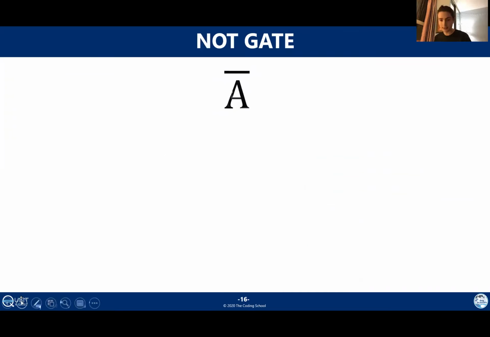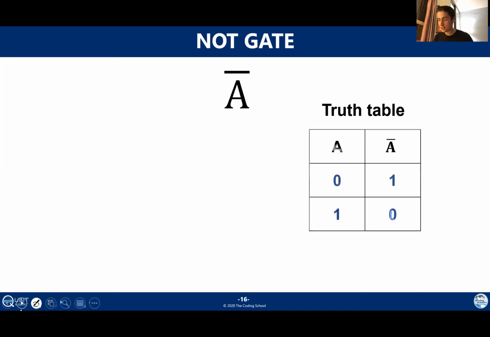First up, we have the NOT gate. So the NOT gate is actually the only gate we'll see for now that has only a single input, which is a little bit different than the diagram I just showed. And the way we denote it is if A is our input, not A, which we draw with this little bar over top, is the output. As I just mentioned, the way we define a logic gate is with a truth table. In this case, we only have one input, so it's a really, really simple truth table. You can either have 0 or 1 as your input, and then the output is just going to be flipped. So a 0 becomes a 1 and a 1 becomes a 0. We say that we flip the input to get the output.